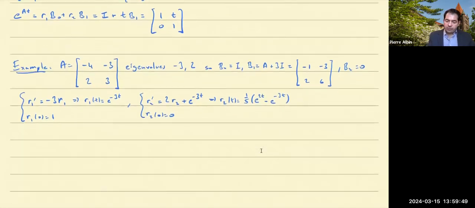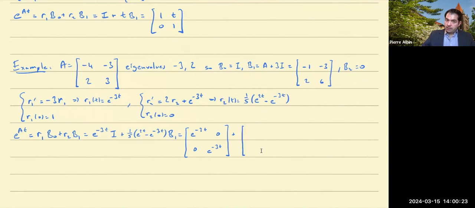Okay, and now that we have the coefficient functions, we can write down the exponential. This is R1 B0 plus R2 B1. So that's e to the minus 3t times the identity plus 1/5 (e to the 2t minus e to the minus 3t) times B1, right? So I end up with e to the minus 3t, 0, 0, e to the minus 3t,